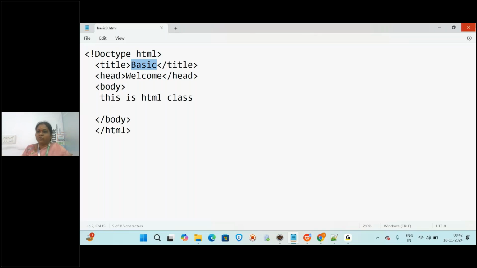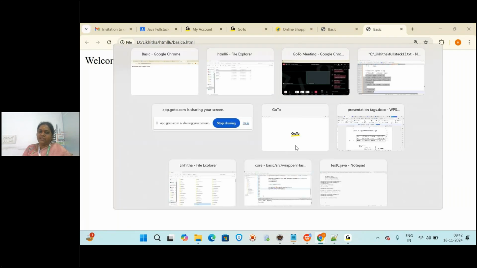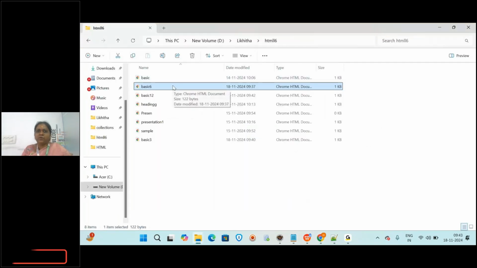So now I have closed this. Now if you see this file, when you double click, it is opening with the browser. Now you want to add some content to it, which means you want to modify it. Or sometimes we make errors, right? Maybe you forgot the closing of a tag, or made a mistake in syntax, and then you want to modify it again. So how to open it again?